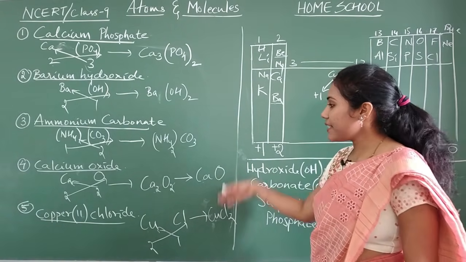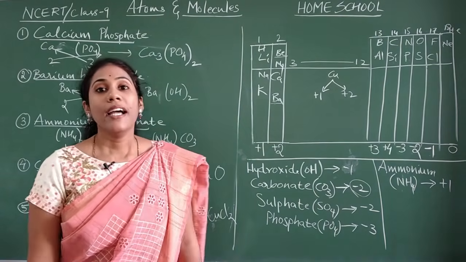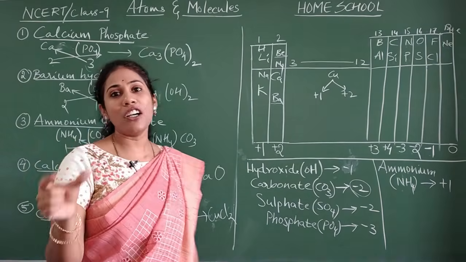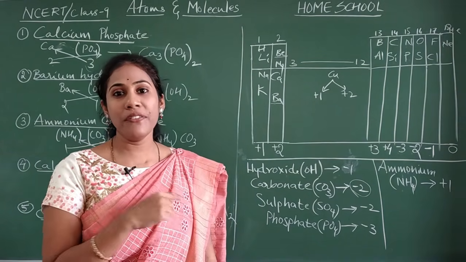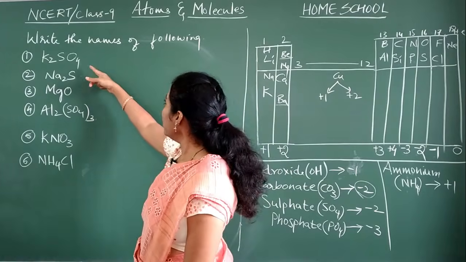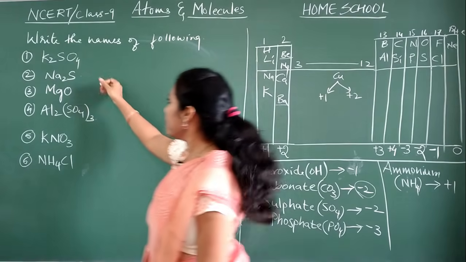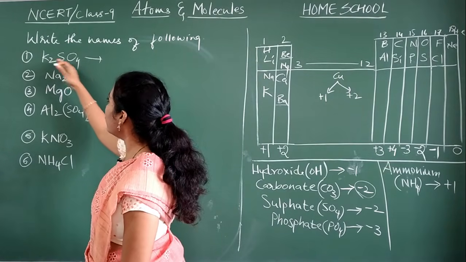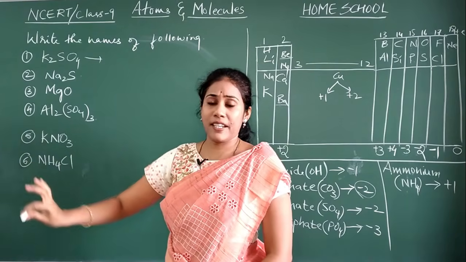Okay, so this is how we can write the formula of a compound, and you must also know, if a formula is given, how to write the name. That also we will see with a few examples and then wind up this session. The first compound: formulas have been given, names you have to write. See, very simple it is. Just find out the element or polyatomic group present and write its name.